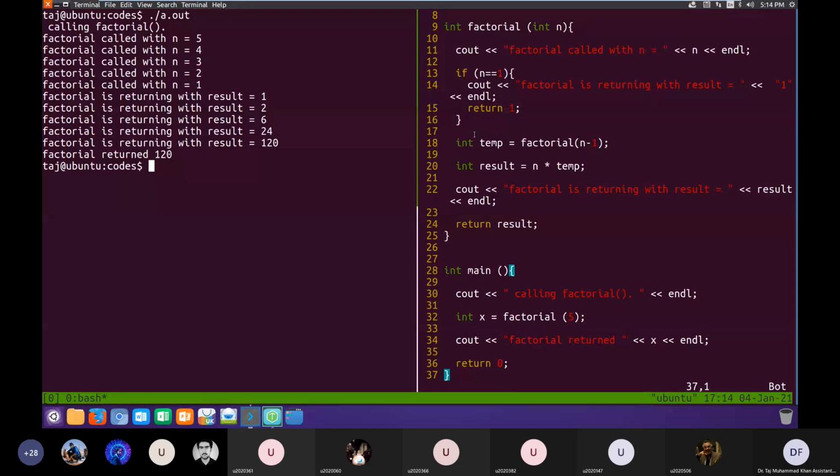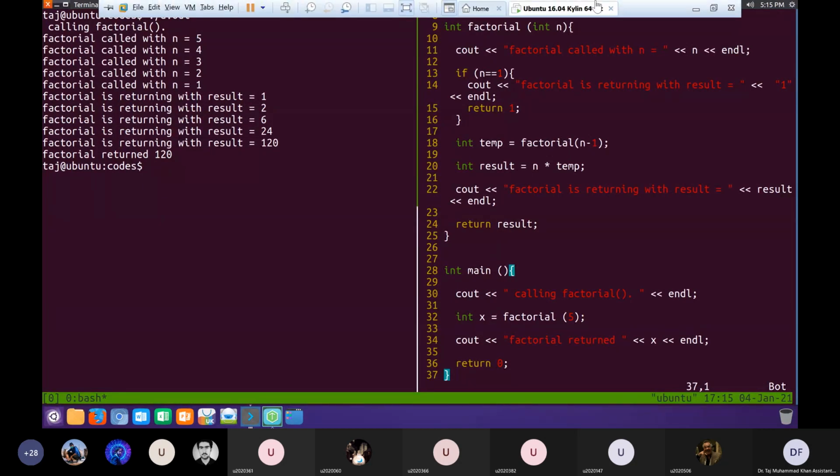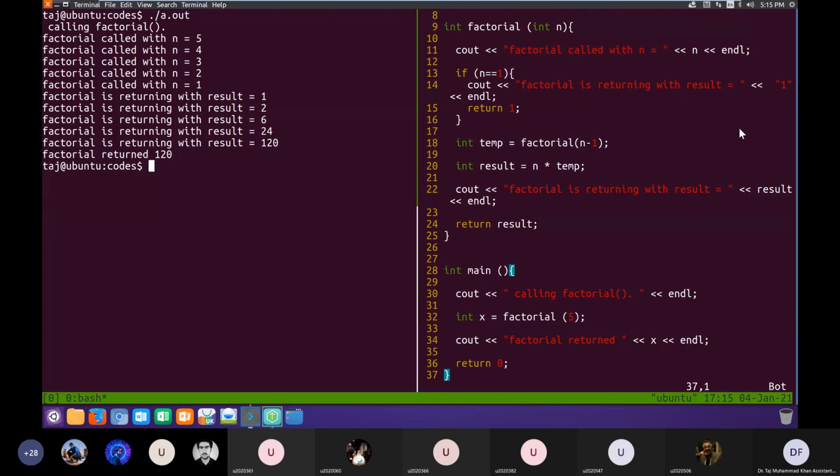Okay, you can also calculate factorial using loops. But using a recursive function call to calculate factorial is much more elegant. I'll rewrite this code again, and we'll see that it's much more elegant than using a loop. So recursion can be an elegant solution to a lot of problems that can themselves be defined recursively. So this is an example of using recursion, and this time we use recursion to calculate a factorial.